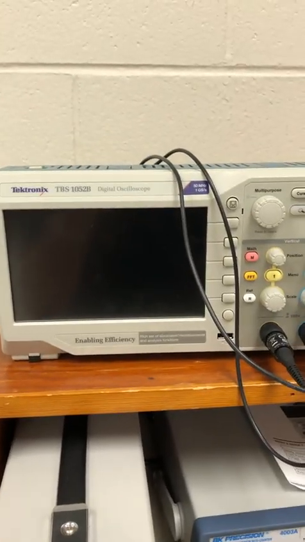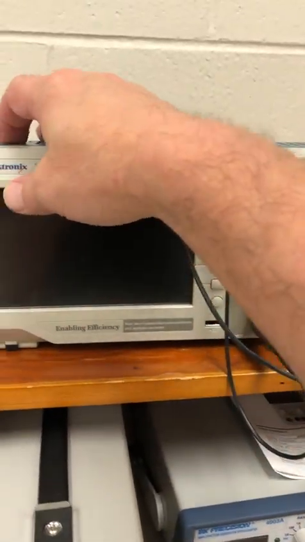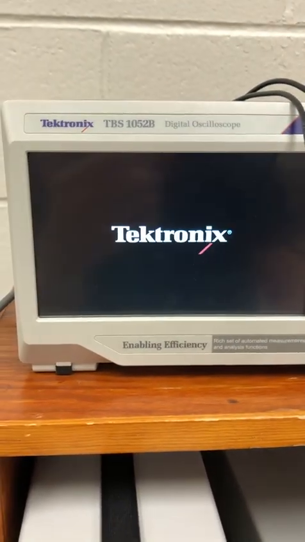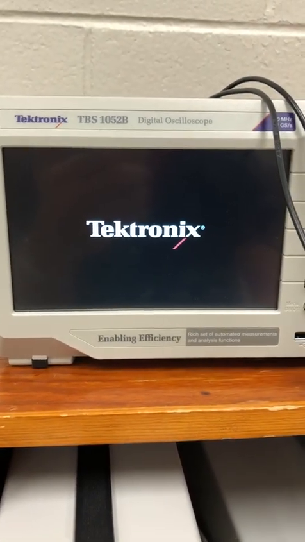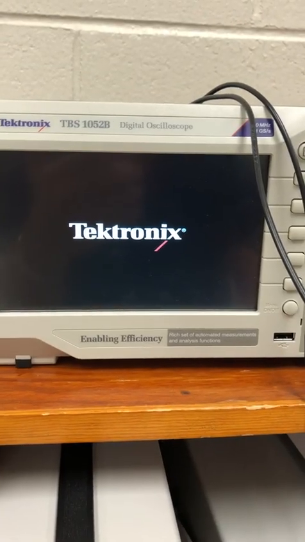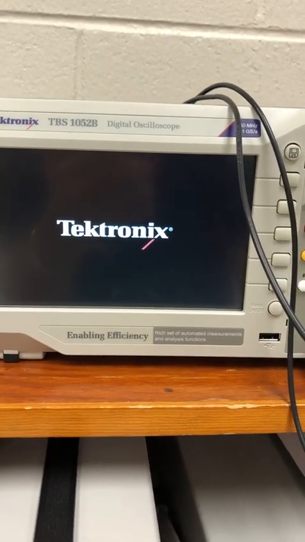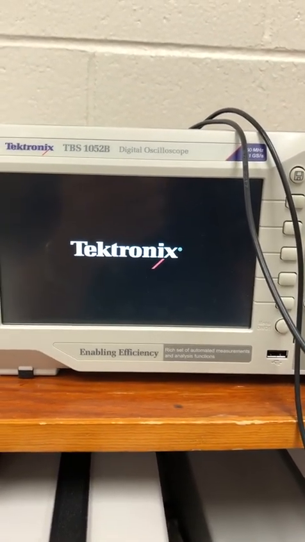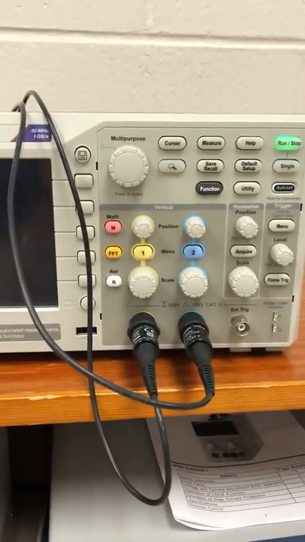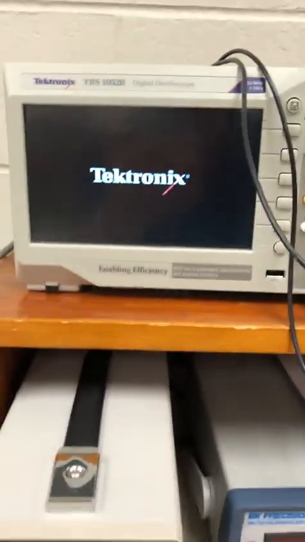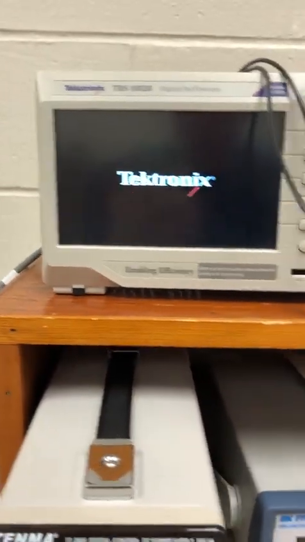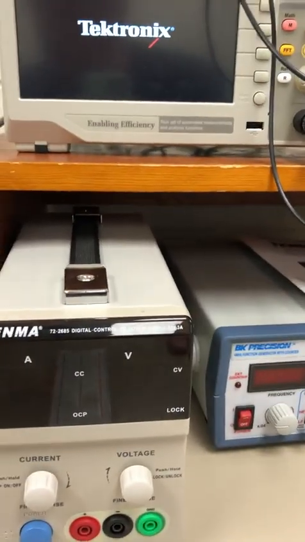There's yellow and blue. When we turn this on and get ready to use it, it'll be kind of like turning on a computer in the sense that you'll see a boot up screen, and that's what we're looking for. So it's software driven, but it is actually interacting with real world hardware. We'll learn the function of some of these buttons as we go through the lab experience. The other piece of equipment that's